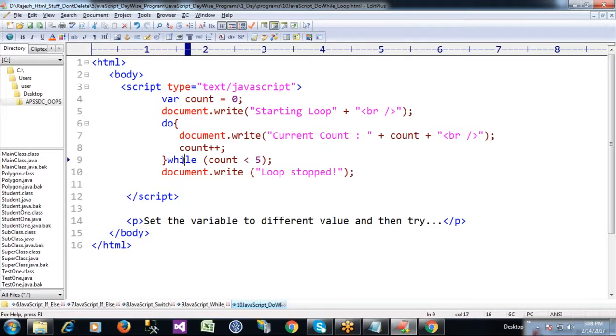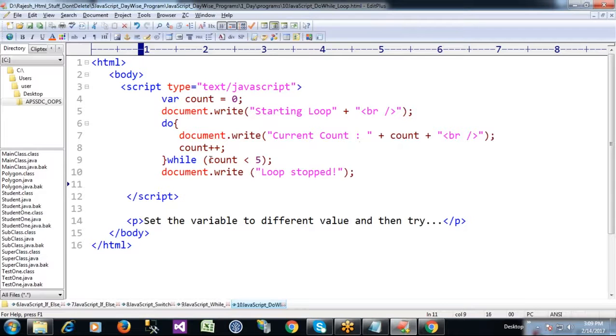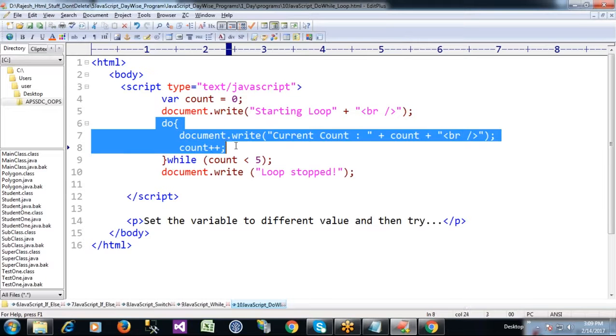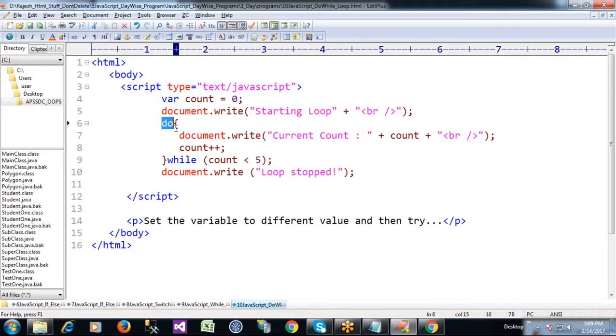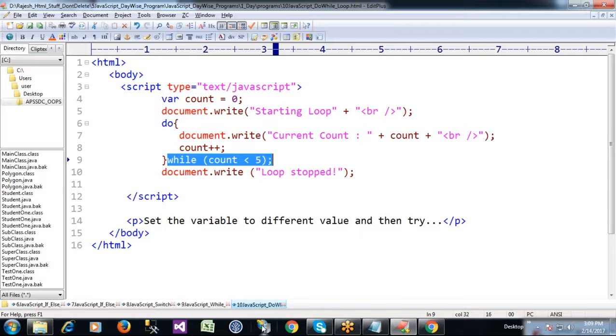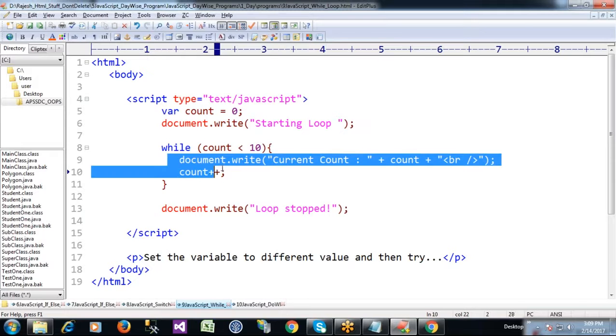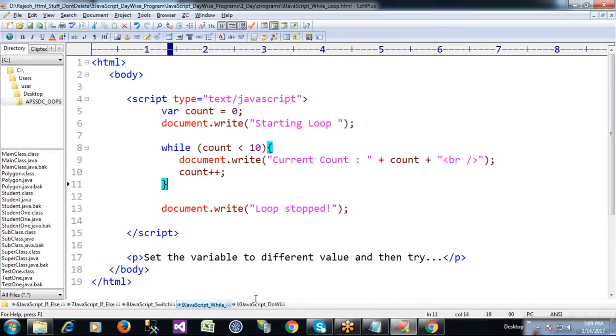So the condition is checked here. What is the output? The output is 0, 1, 2, 3, 4. When it is 5, out of loop, because 5 is not less than 5. So this is how you use do while. Do will be there. Within do you will have statements. After the do you will have the condition. Whereas in while, the condition is here, and if the condition is satisfied, only then the statements are executed. But in the do, there is no